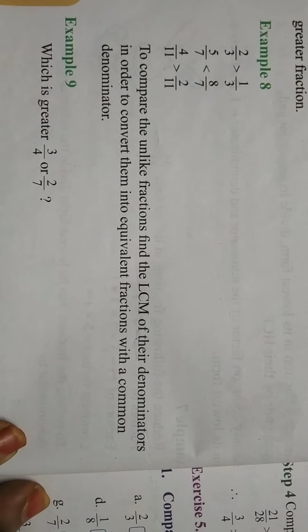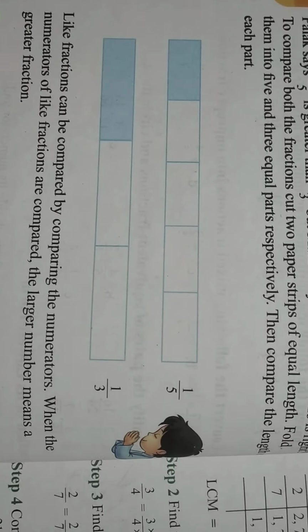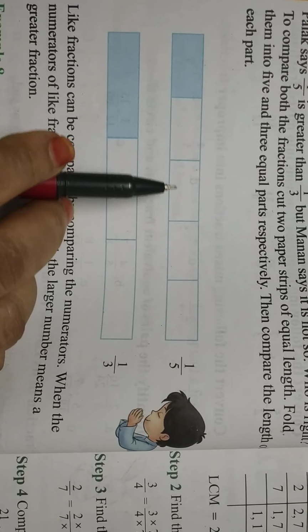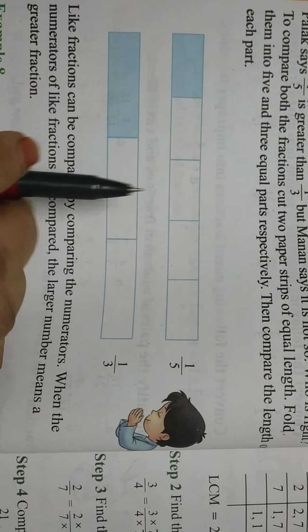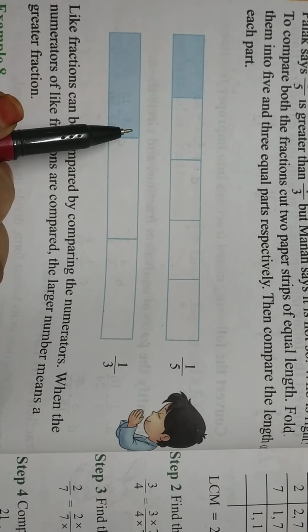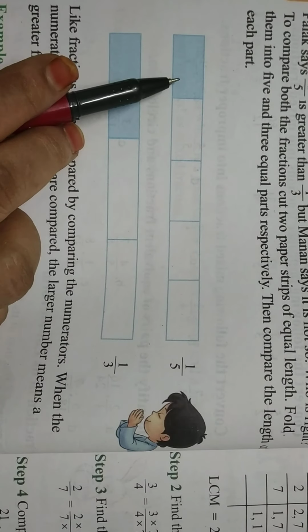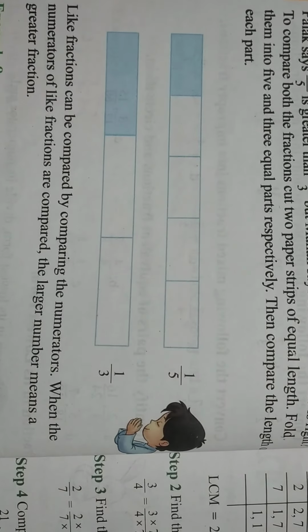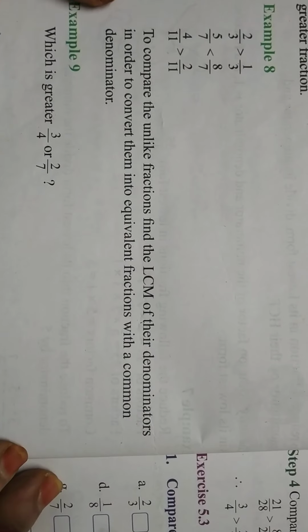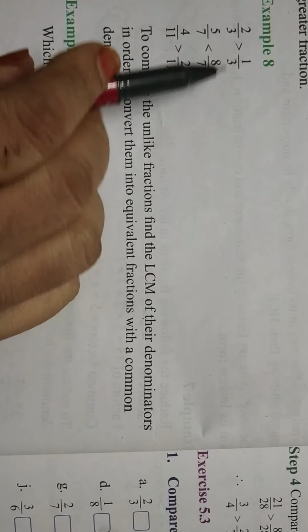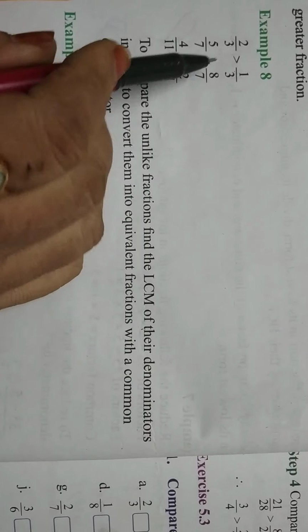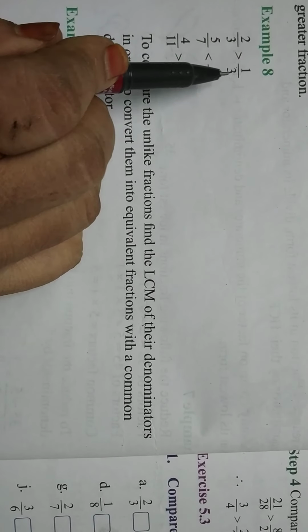Next, one example. We have to check which one is greater. Now here also, can you say which one is greater? We can't say which one is greater. But symbolically this one part is less than this one part. That's why we can say this one is less than this one. But sometimes it will be a problem. Therefore, for example, 2 by 3 is greater than 1 by 3.